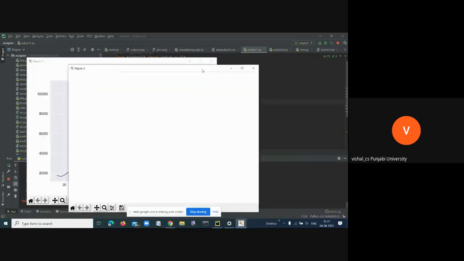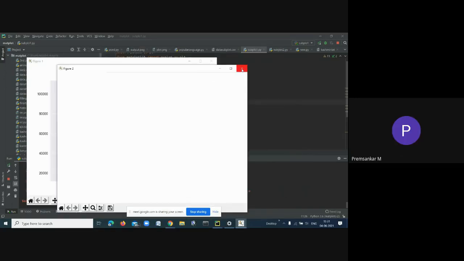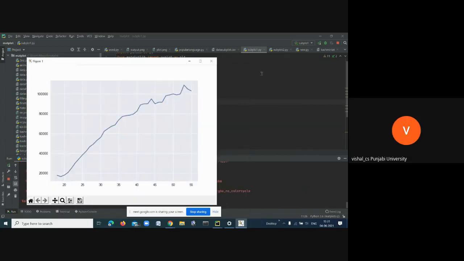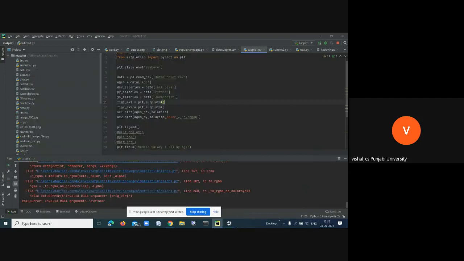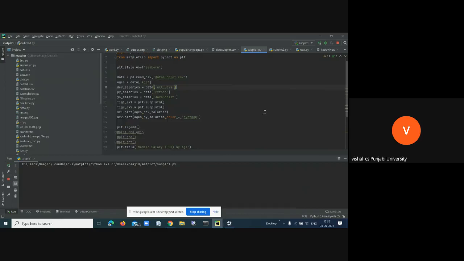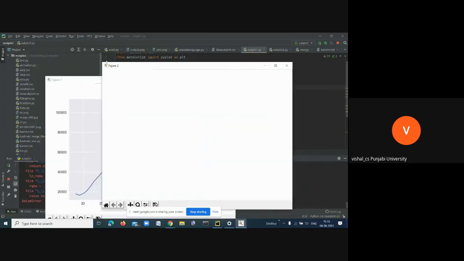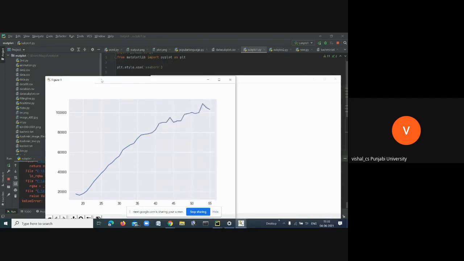And the second figure is created. The screen is blank, sir. Is it okay now? Yes, sir. See, I am running. One figure is this, this is figure 2, if you see at the top, and this is figure 1.